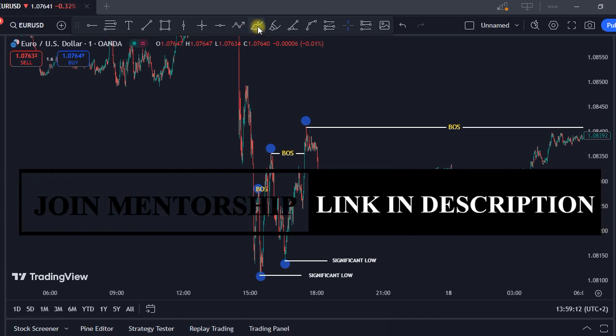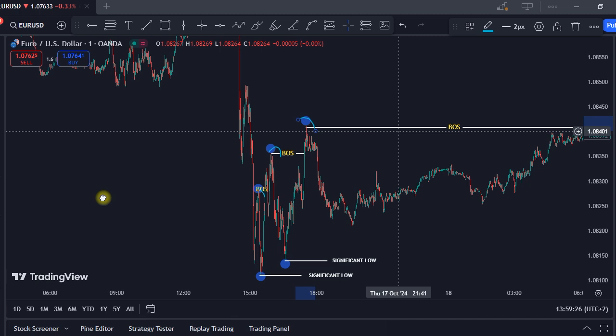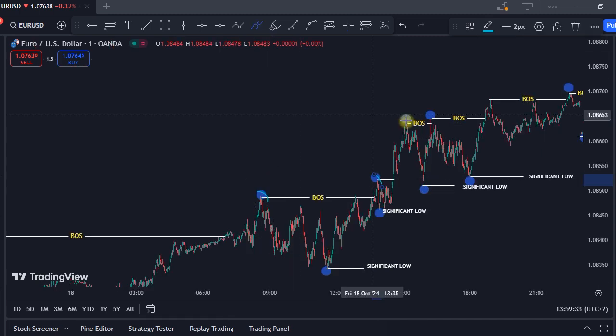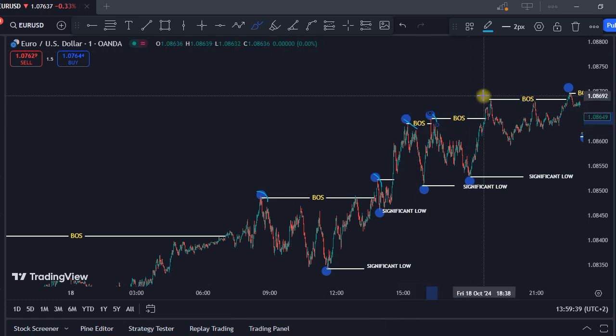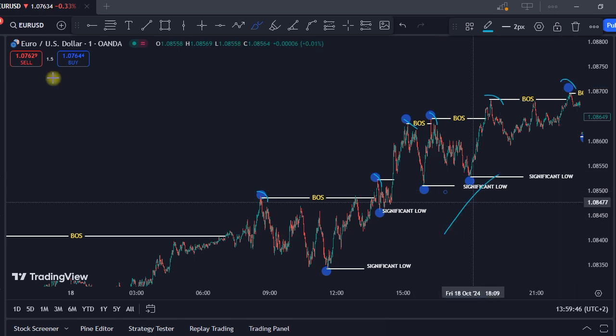They're going to act as our internal liquidity. So here we have our internal liquidity, again internal liquidity, and internal liquidity over here, internal liquidity over here, and also internal liquidity that we have over here. Okay, and we also have our